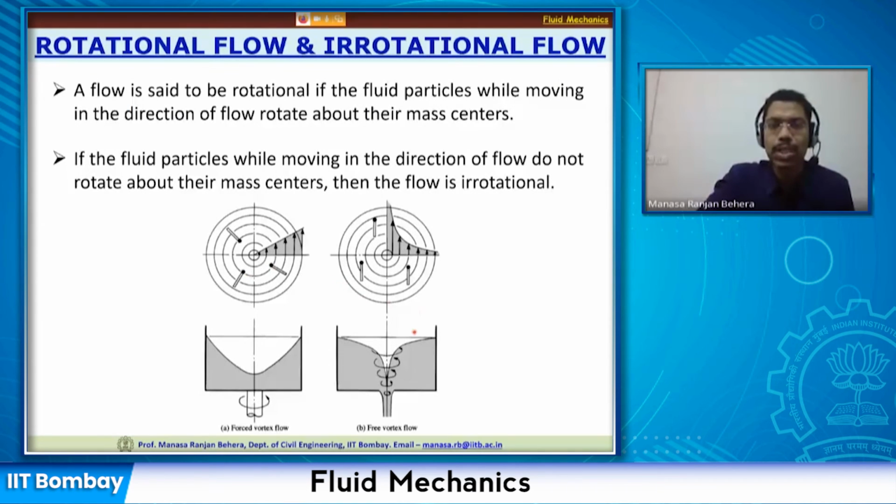Now, in this case, which is a free vortex, you have a basin, you open your tap or let some water out, and it is going to spiral and sink at the middle. In that kind of flow, the velocity is going to reduce, so there is a different profile. As you go away from the center, the velocity is reducing. And if you leave an object on top of that, you will see that in this kind of flow the particles are not changing their orientation about their mass center. So it is an irrotational flow.